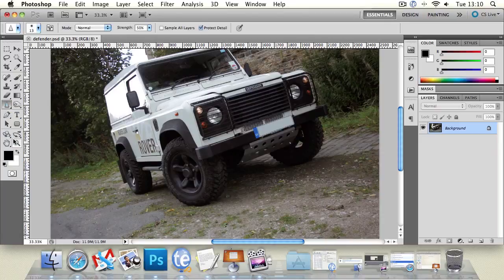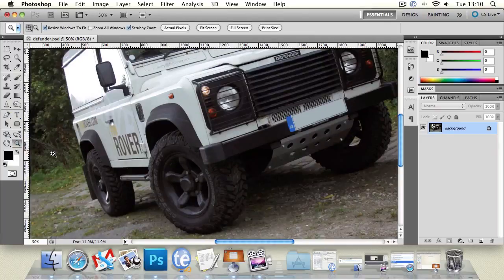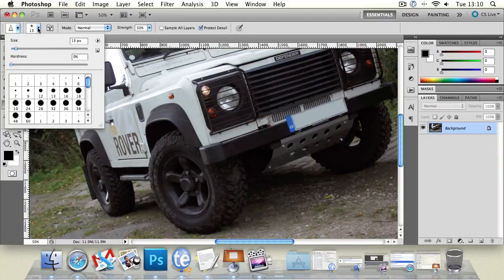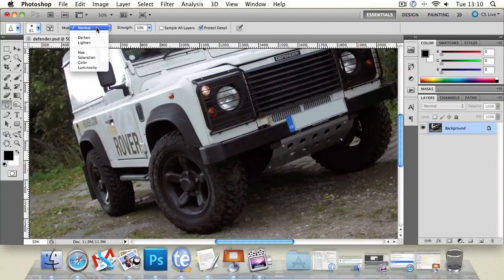Next we've got the Sharpen tool. This is kind of the opposite of the Blur tool. However, it actually increases contrast in the areas you paint, and it does have a kind of limit, this tool. Brush based again, you can change the hardness, size, whatever you want, the shape of your brush head, and you can set the strength and the color mode, and you can also set it to protect detail, which you're going to want. But essentially what it does is it increases the contrast, which is fine up until a point when